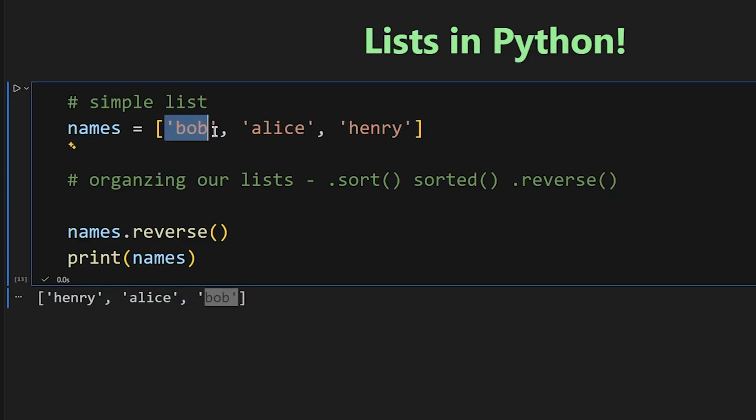So we first started at Bob, right? And we go to Alice and we go to Henry. But in this case, we start with Henry, we go to Alice, and we go to Bob. That's what the reverse does. It doesn't sort it alphabetically or numerically, it just reverses the order itself. And this is permanent. Once it's reversed, it can't be unreversed. So these are the three methods of